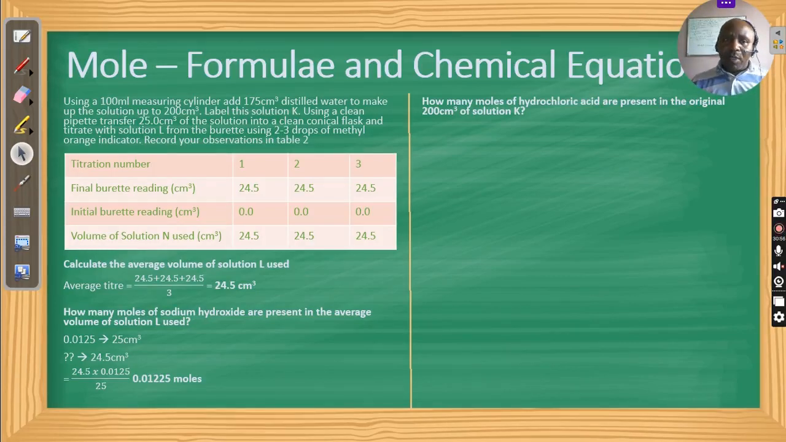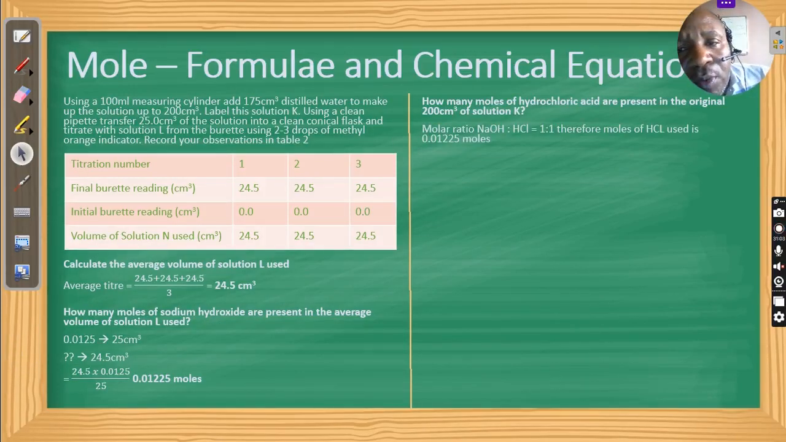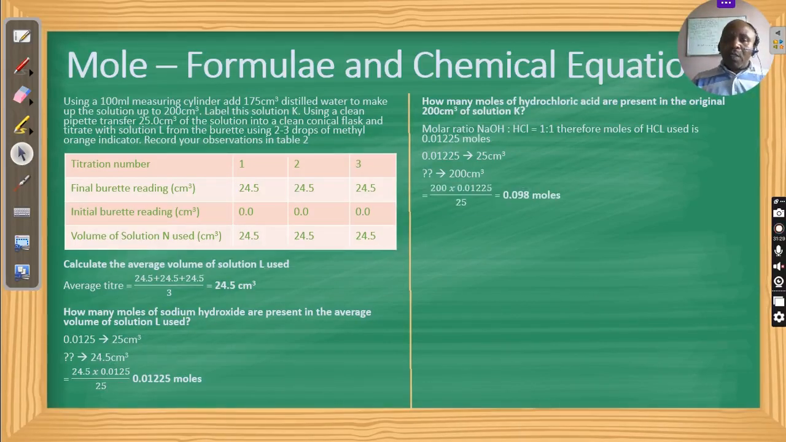How many moles of hydrochloric acid are present in the original 200 cm³ of solution K? Original is now before we extracted the 25 cm³ for this titration. The molar ratio of sodium hydroxide to hydrochloric acid is 1:1. Therefore, moles of hydrochloric acid used is 0.01225 moles, and that is in 25 cm³. Remember here we picked only 25 for this titration. Therefore, what about 200 cm³? If you do a cross multiplication, you find that it was